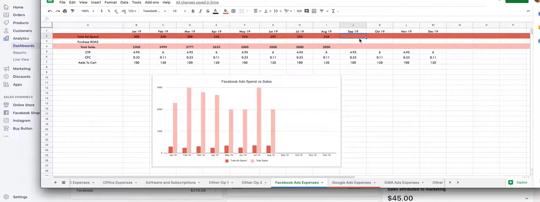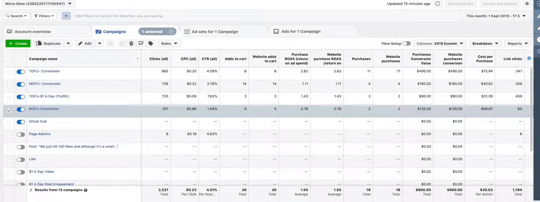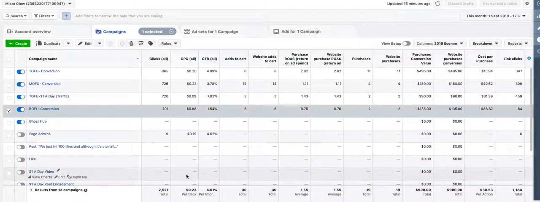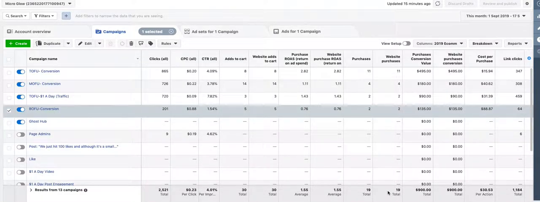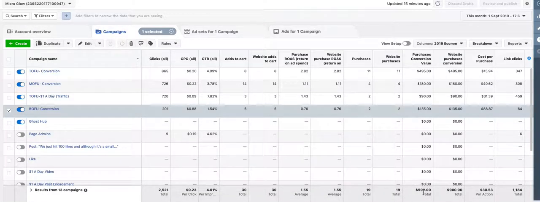So in order to find the Facebook Ads data, you just go over to your Facebook Ads Manager, and you'll see here that this Facebook Ads Manager is set up for understanding e-commerce and return on investment. So the metrics that we have here are the total ad spend, and the total ad spend for this month